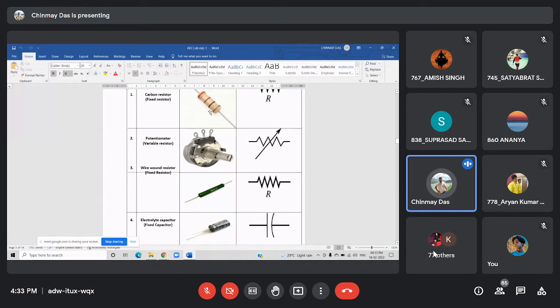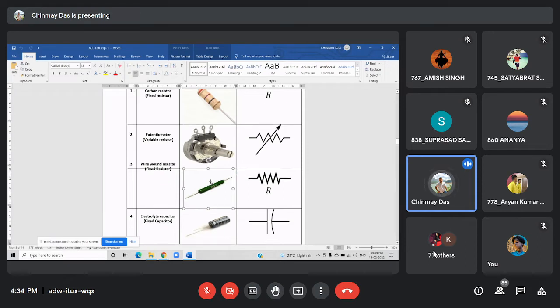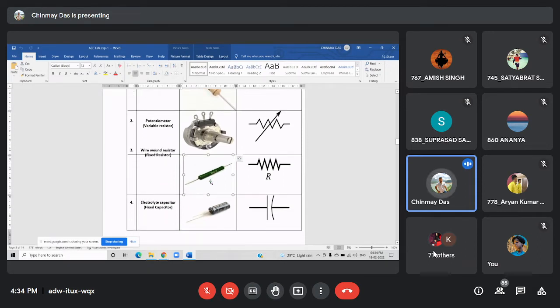But compared to carbon granules, in wire wound resistor we use a resistive wire as the resistance. So its current carrying capacity is higher than carbon granules. So it can design higher wattage resistance using wire wound resistor. But here again another demerit is there. You cannot design higher value resistance using this because you need more length of resistive wire to get